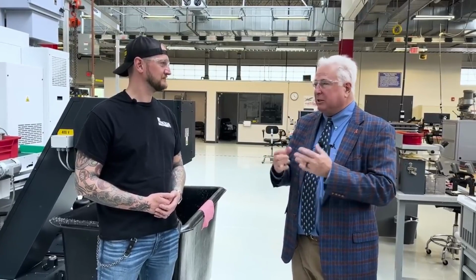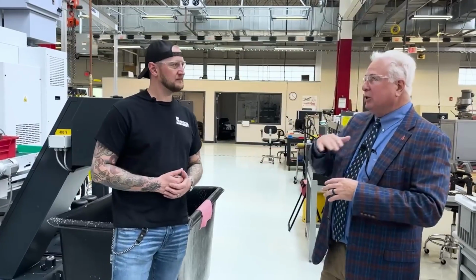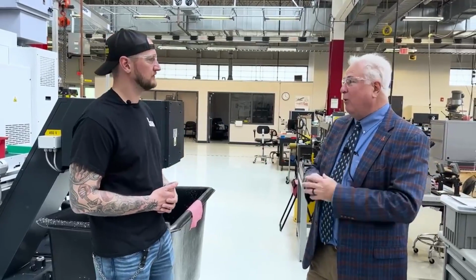There's some things that we can do to cheat on that. We can load extra tools in the machine so that it does half of the job with this tool, and then it'll switch over and make half the job with this tool. We'll do some bumps, some offsets and stuff, some tool management to make sure everything's still running good, so we're not making any scrap overnight, but it does optimize our process. So chip management is a huge part of that process, because if you're going to run 14 hours with nobody watching it, you want to make sure